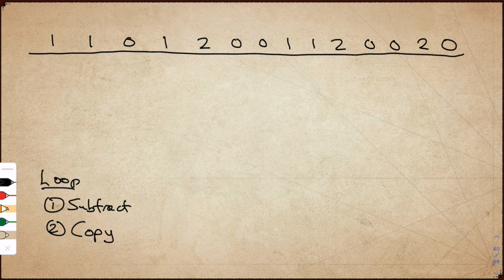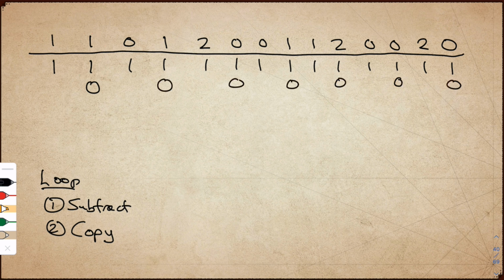I take the first top element and subtract everything that's written below. There's nothing below, so 1 minus nothing is 1. Then I distribute copies of 1 all along the first row. In the second column, I take the top element and subtract everything that's written below. 1 minus 1, that's 0. And I distribute copies of this 0 all along the second row in jumps of 2.